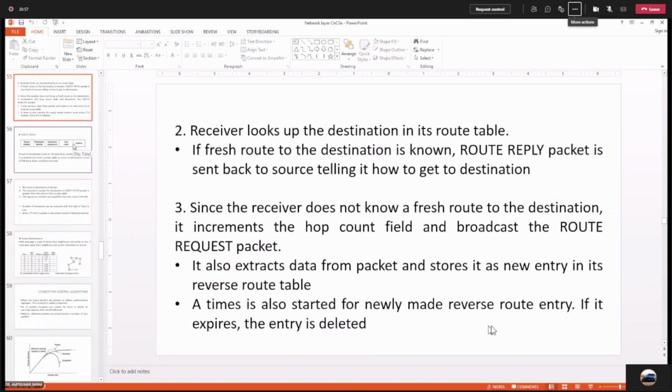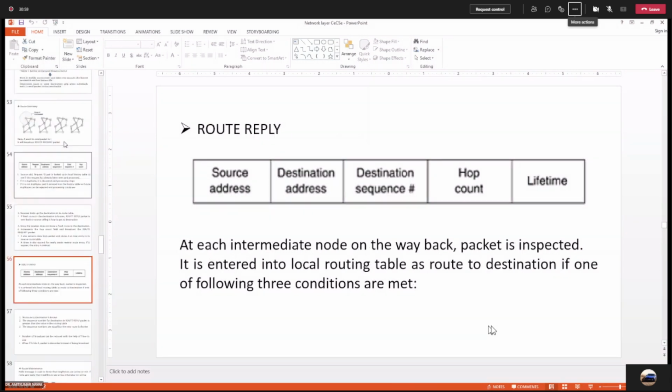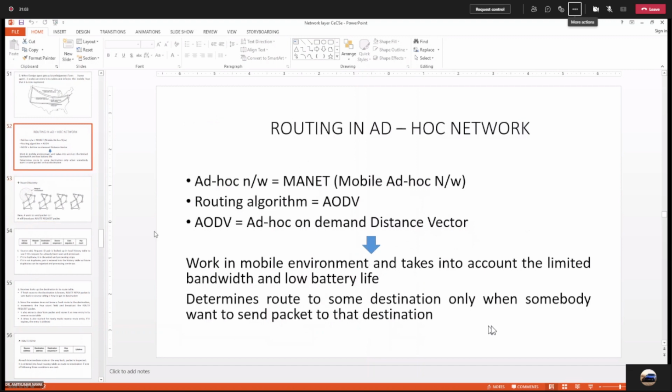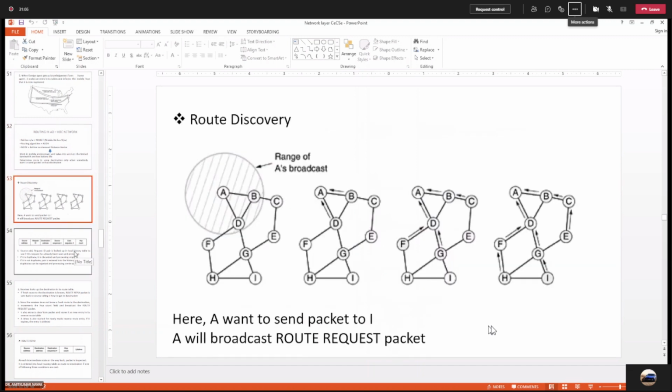See the top points, like route discovery in ad hoc network. How the route is discovered in ad hoc network. So in ad hoc network, devices are always focusing on the nearby devices, and only nearby devices, the devices which are there in the range, those devices will be communicated by sending the packet.